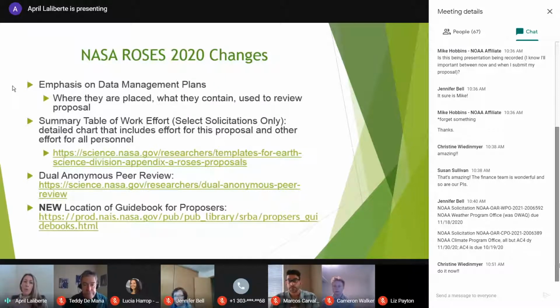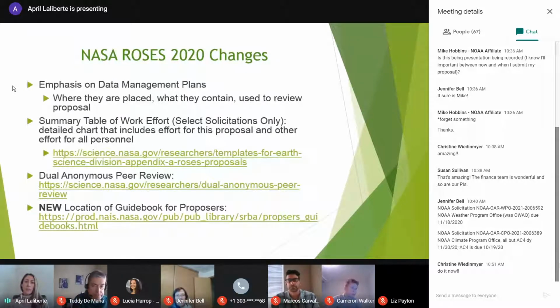They want to know how you're going to use the data and where it's going to be placed. They also want you to know that your data management plan is now being reviewed as part of the overall proposal. I think before it was almost like a formality, you just needed to have it in there. Now it is important. CU does have some resources for data management plans, and you can ask any of us to lead you to that information if you're curious.